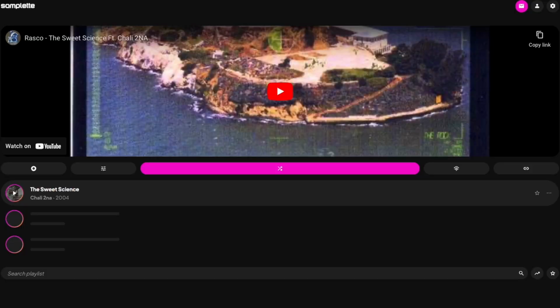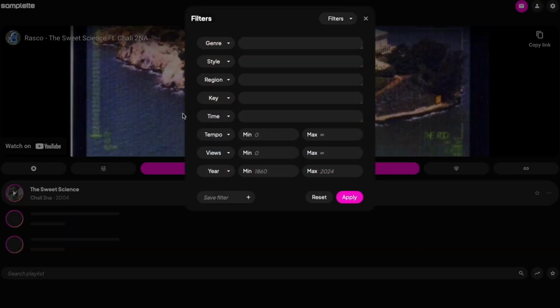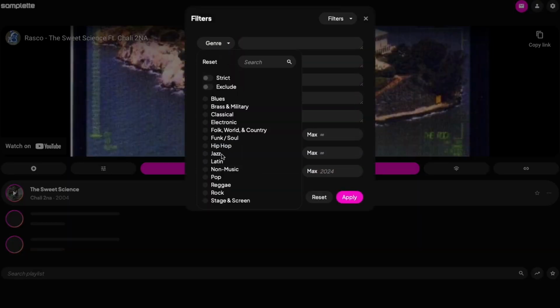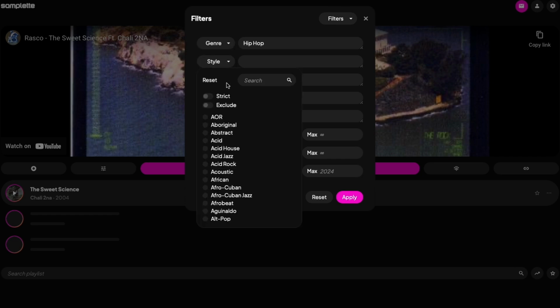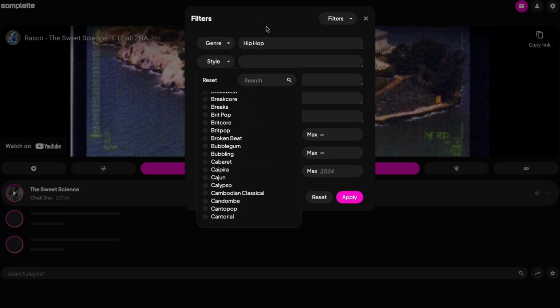And one of those that I want to talk about is called Samplet. There's a link in the description below, but Samplet is essentially a website that searches YouTube for any genre of music, any time frame, any BPM. There's lots of different filters you can put on it to where YouTube will then spit out something that meets that criteria, and you can listen to it right there on the website.